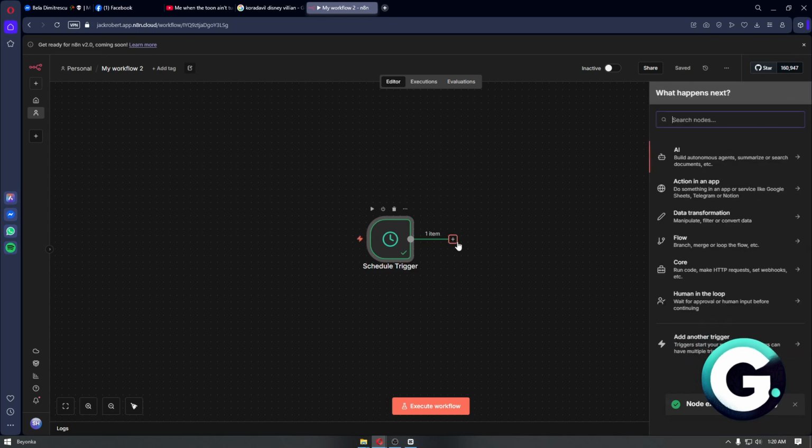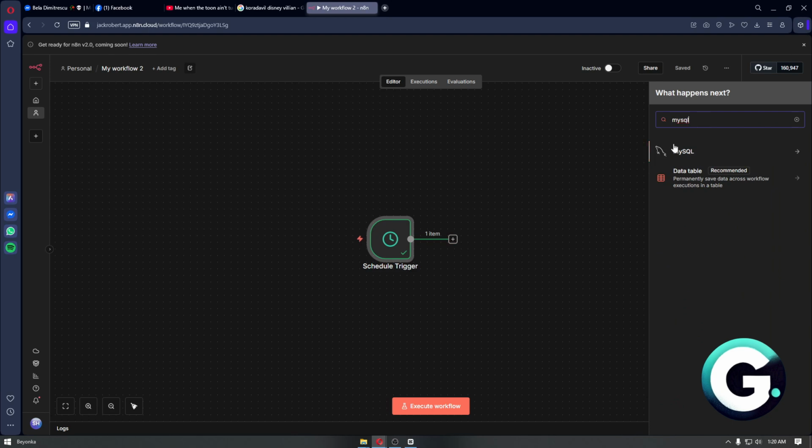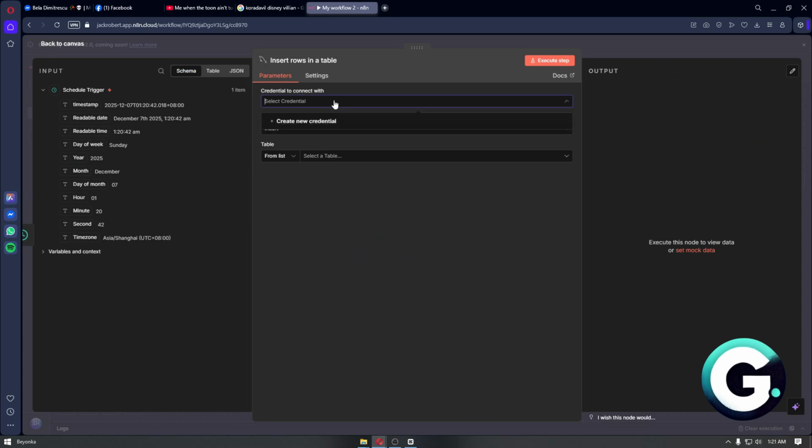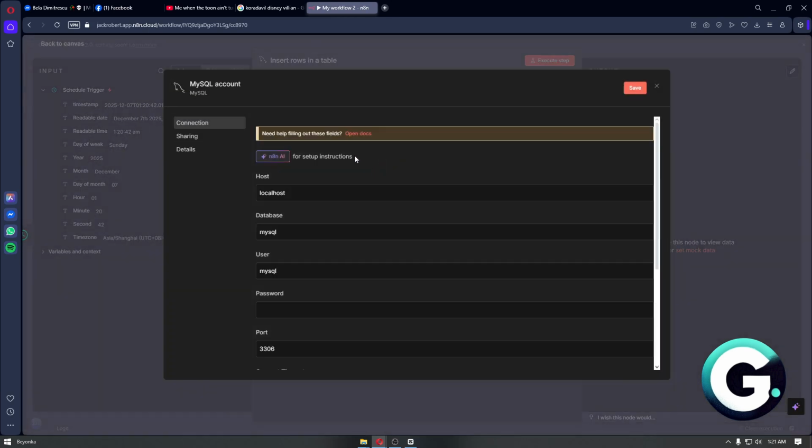And from there, we then have the ability to add the MySQL node right here. I'll just click on MySQL. In here, you have different actions like delete table or rows, execute a SQL query, insert rows in a table, and more. So I'll just update my table on SQL. And from here, you then want to simply